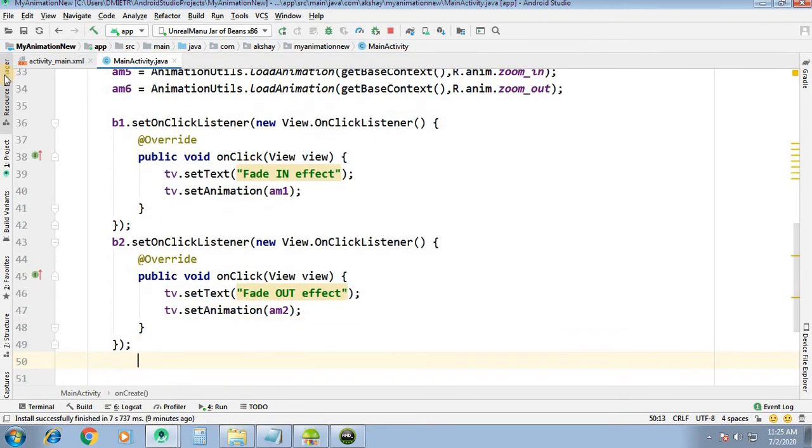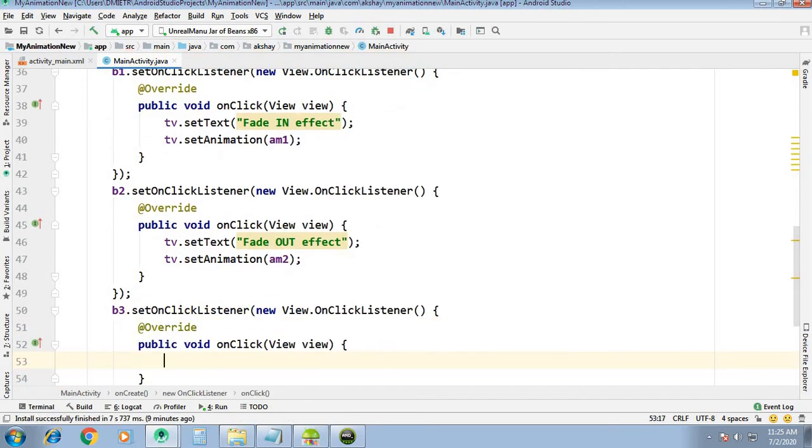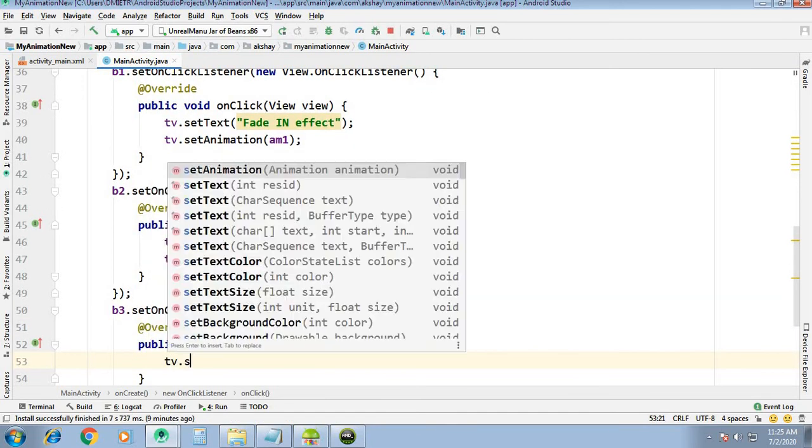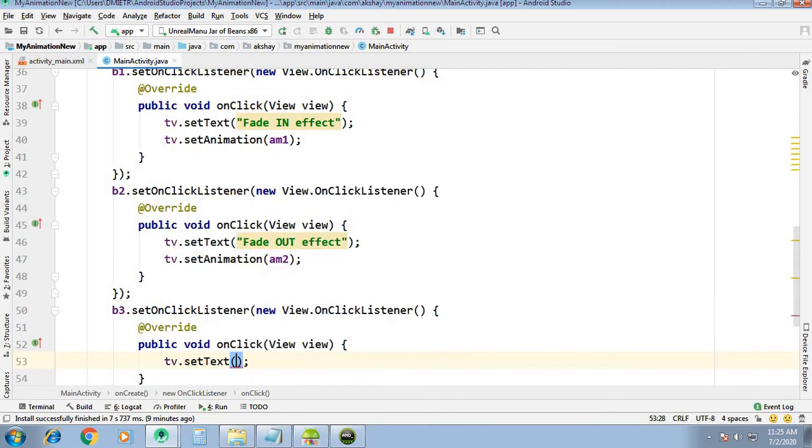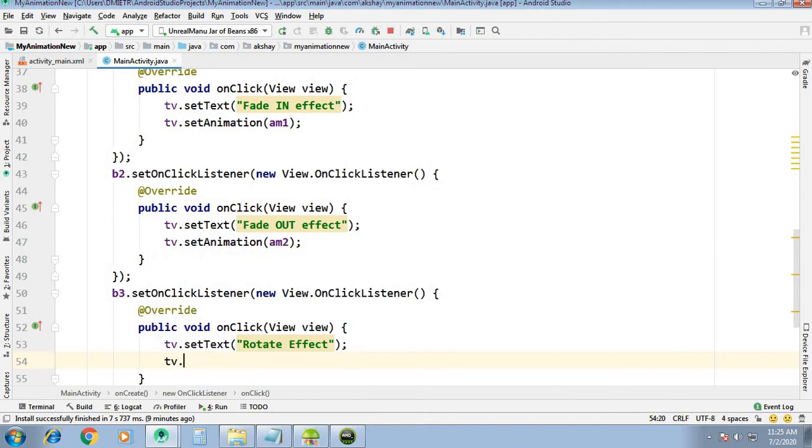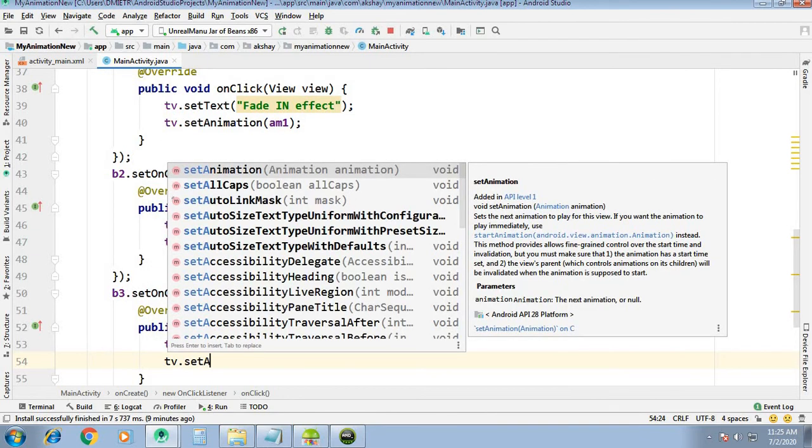Now again b3.setOnClickListener, new OnClickListener, then tv.setText. Now here rotate effect, and then tv.setAnimation am3 now here.